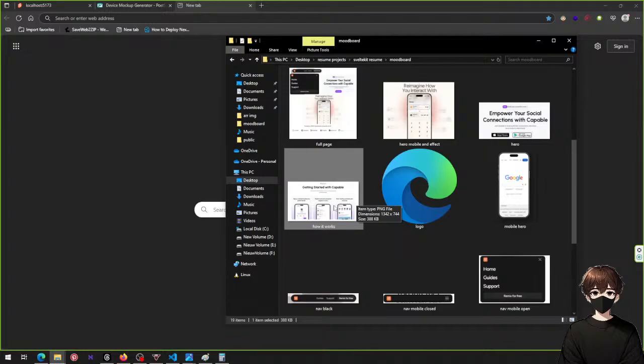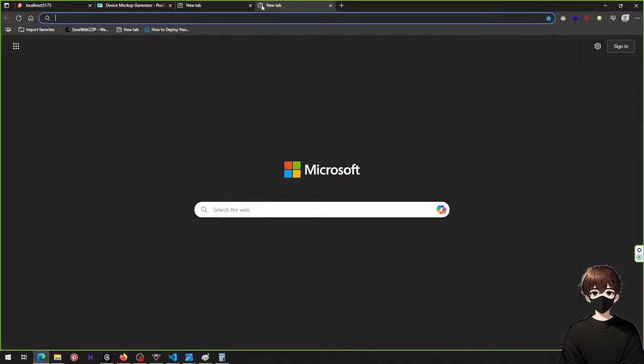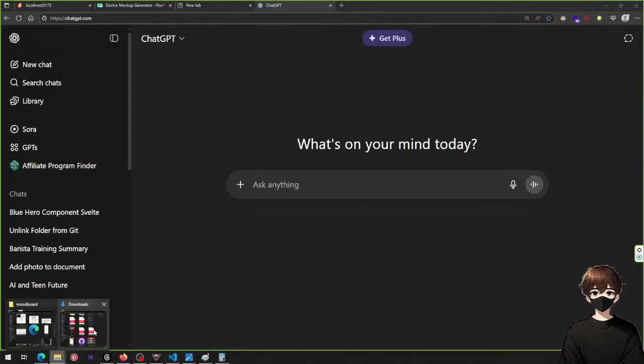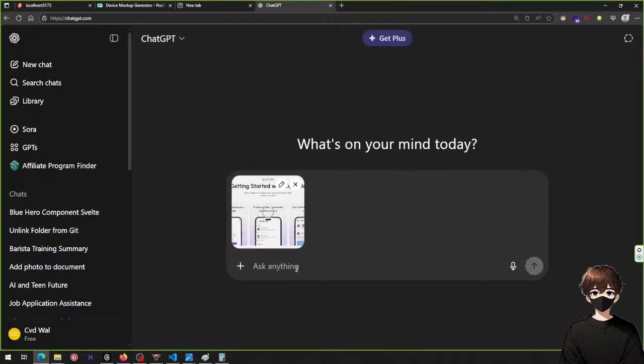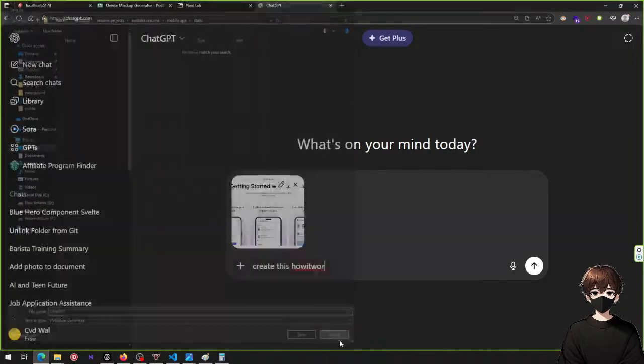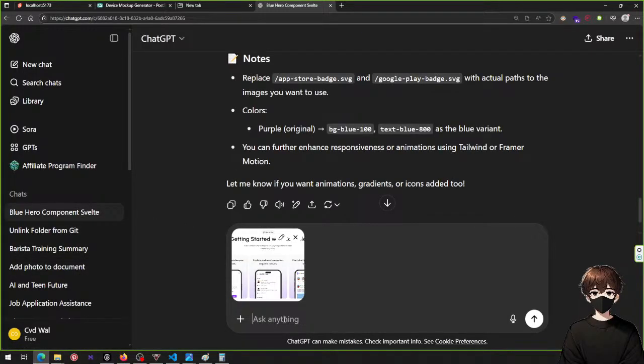Okay, I want to have this how it works section. ChatGPT is gonna create that. I'm not gonna do that. So create this how it works. Oh wait, I actually already have a lot of context here. Create this how it works component,